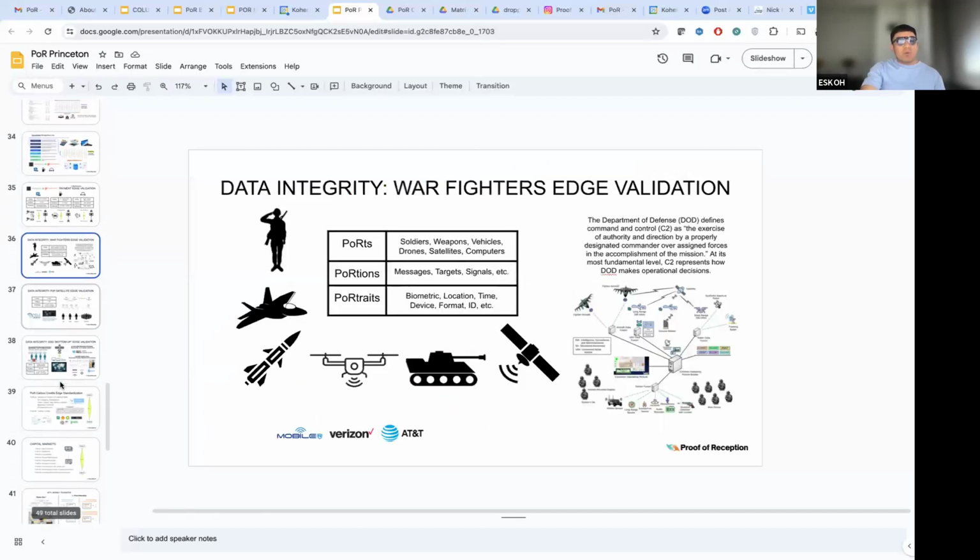However, what's taken up most of our attention in the past year is securing the edge infrastructure for our Department of Defense. So right now, I'm sure you've heard the headlines that Chinese and Russian hackers are sitting at the doorstep of our US infrastructure. And in many instances, they're able to enter the door very easily. Well, with proof of reception, with our edge validation, we're enabling